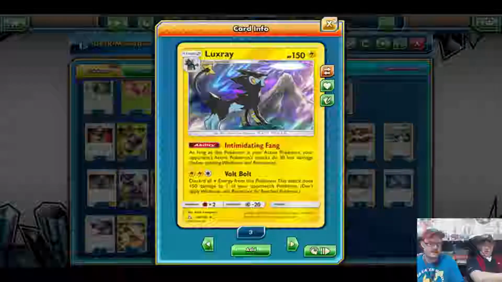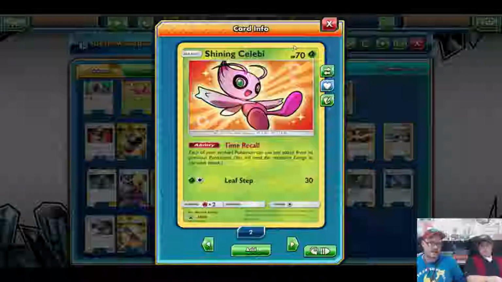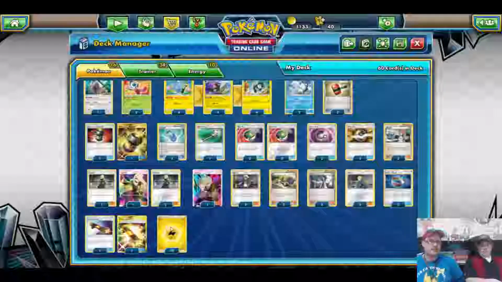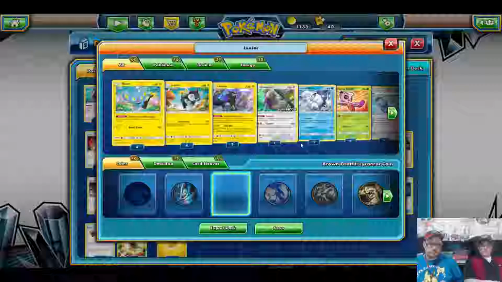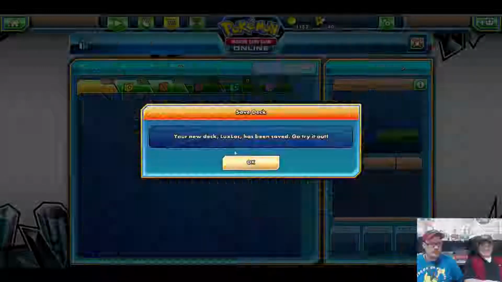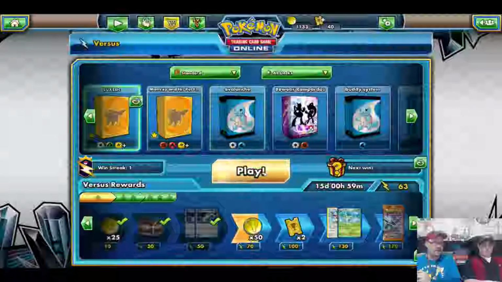The Luxray has a free retreat, but we run 2 skateboards. This is more or less to get out the Vulpix, get out the Celebi, get out the Oranguru if it ever ends up going to the active, and to attach electric energy. Deck's pretty simple, but it can get really annoying really quick. Annoying is one of my specialties, so yeah, we will just jump right into a match and see how it goes. Again, I could definitely say right now, if you run this in expanded,